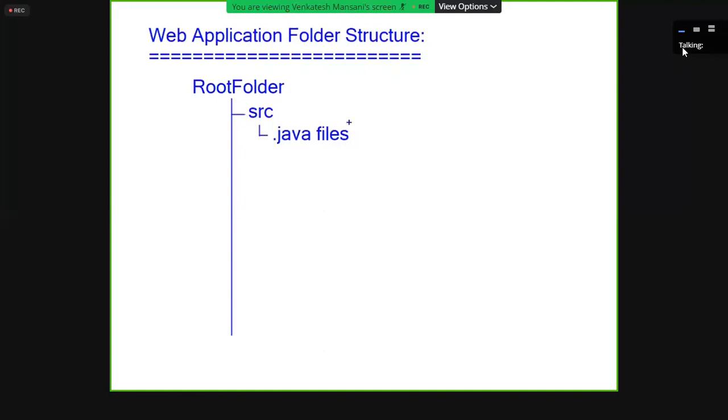The folder name, whatever you want, you can write. For example, I gave root folder. In that folder, one src folder you have to create. In that folder, .java files you have to place. Okay. After this, one more folder you have to create. The folder name must be